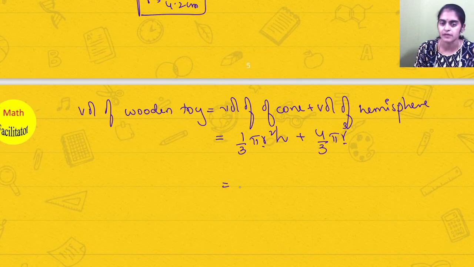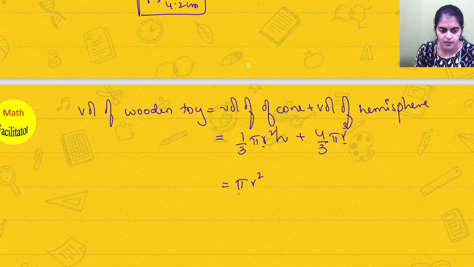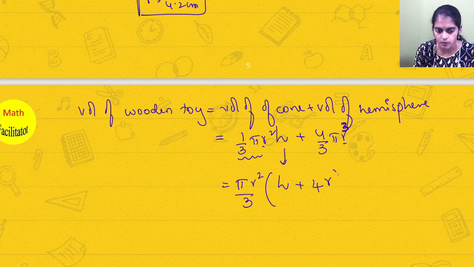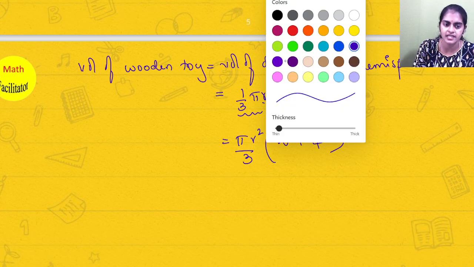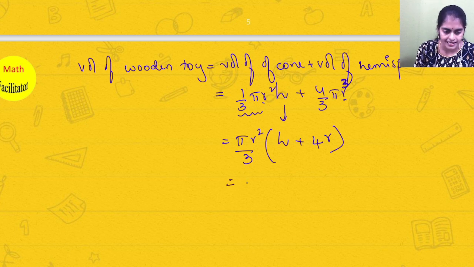Now I can take common. See, I can take pi r square by 3 common. So I'll have h remaining here, plus here I have 4 remaining, and out of r cube, if I take r square common, 1 r is remaining. This will help you in your calculation. Always do this step. So the next step is that, equal to pi is 22 by 7